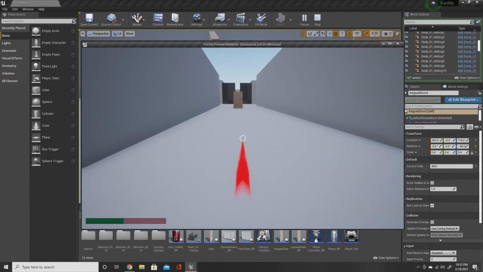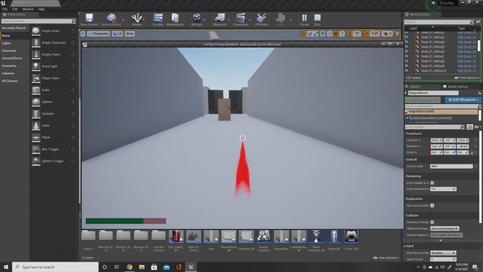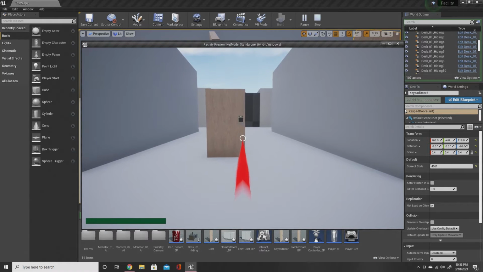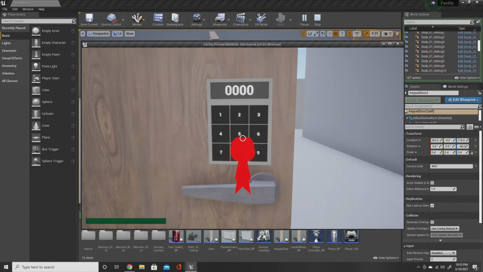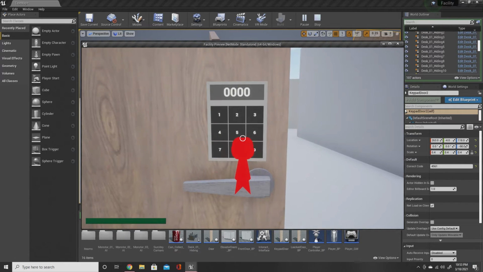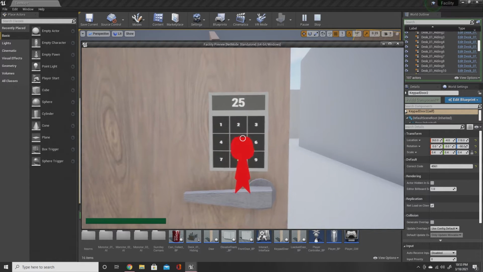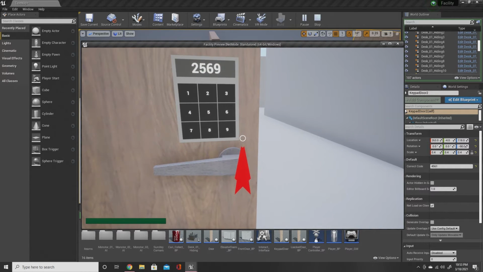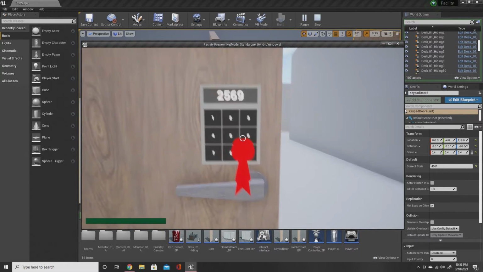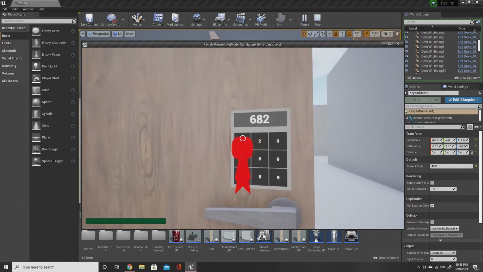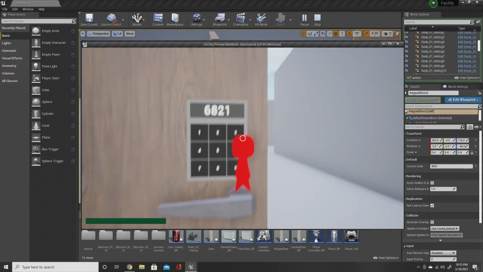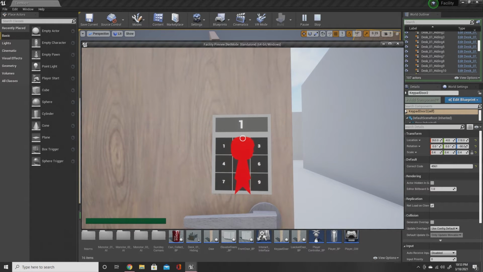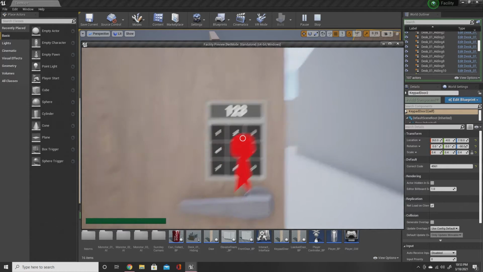so I have this locked door, and I can enter a 4-digit code. And if it's not right, it won't open. And I can just keep mashing it. So the correct code for this one, it flies over there. I gotta readjust that. And then